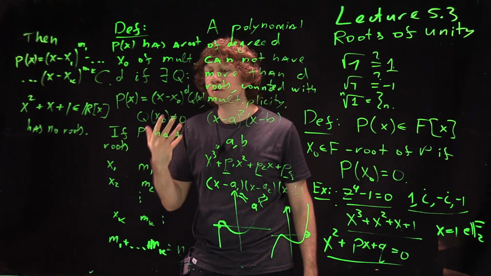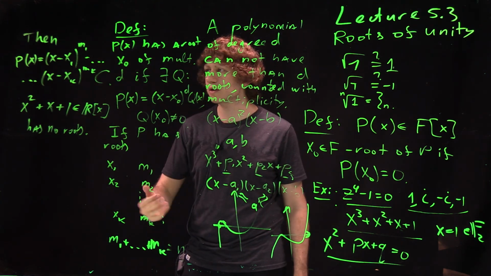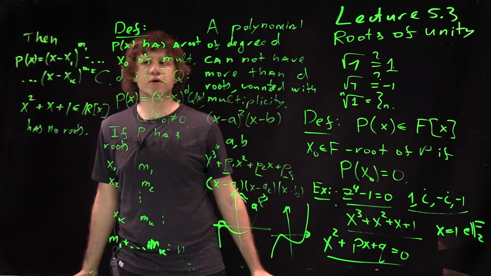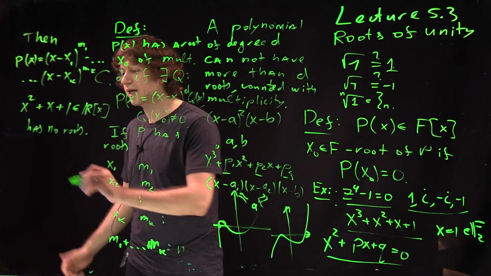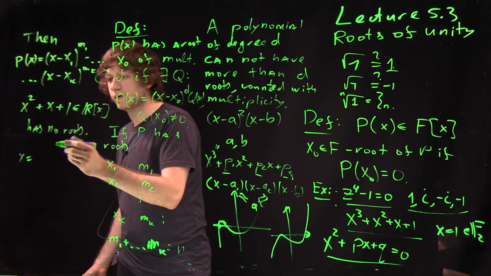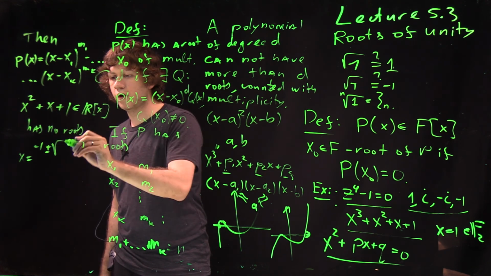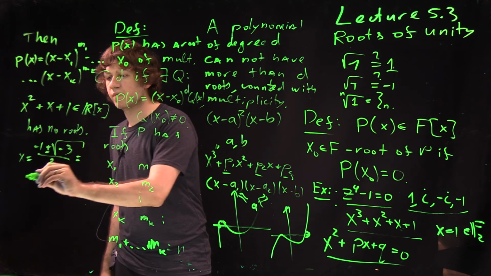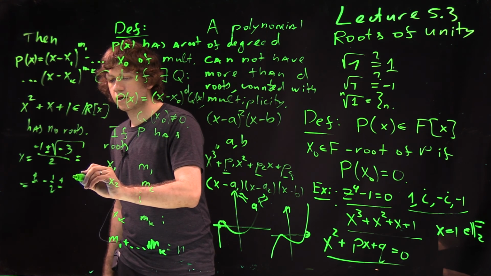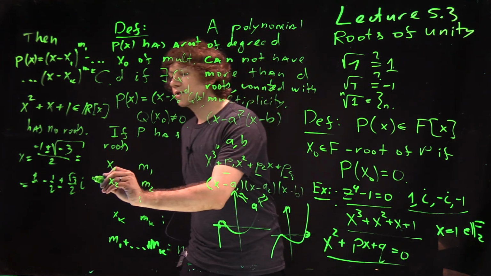Of course, it should not surprise you very much that if we start using complex numbers instead of real numbers, this polynomial will have a root. I mean, after all, complex numbers were invented so that there will be a root of minus one which you can take. And so if you just look at the usual formula for roots of a degree 2 polynomial, you will get something like (minus 1 plus minus square root of minus 3) over 2, which is minus 1/2 plus minus (square root of 3) over 2 times i, and this is a perfectly nice complex number,